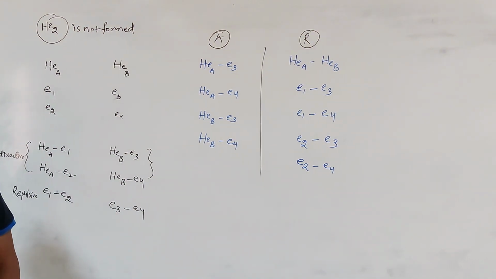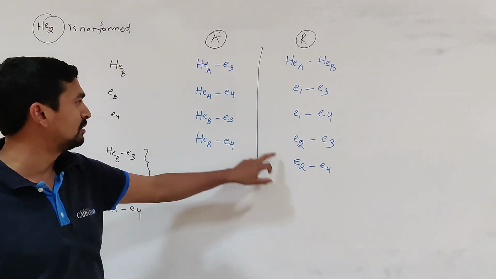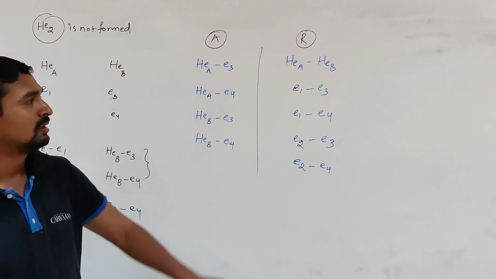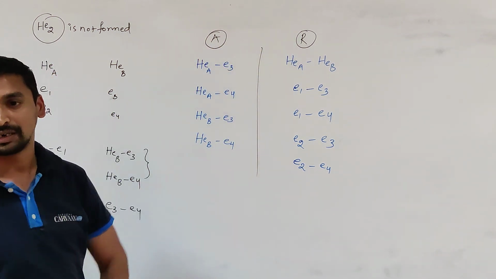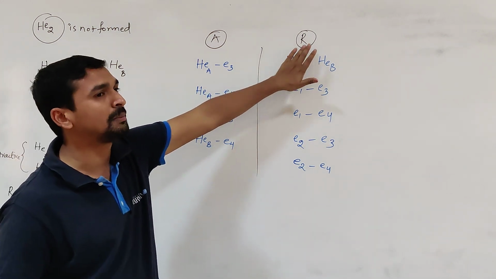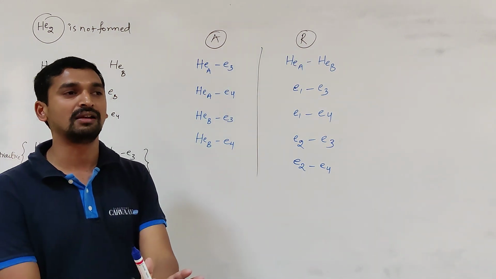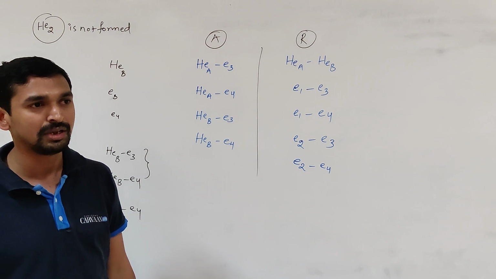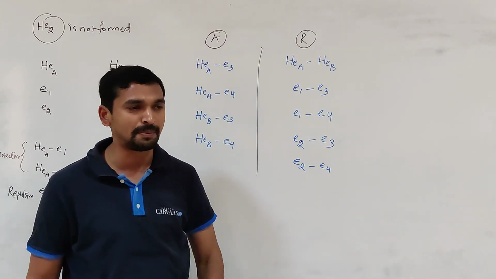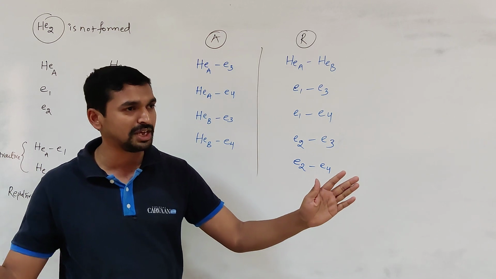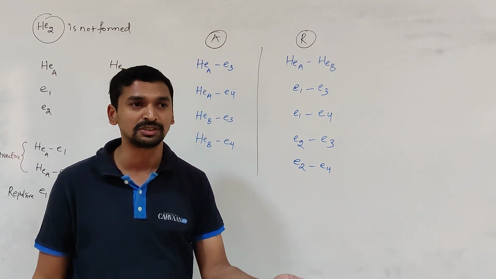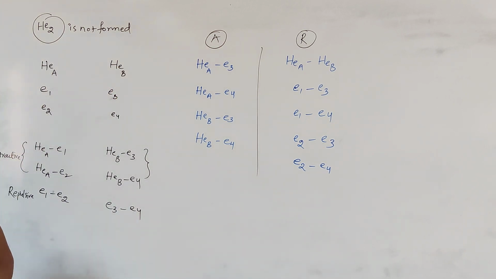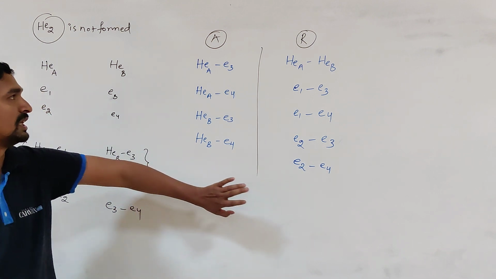Among the attractive and repulsive forces, the repulsive forces are 5, the attractive forces are only 4. So in the formation of a helium molecule, the repulsive forces dominate the attractive forces. When the repulsive forces dominate, the atoms always try to push apart from each other. So the helium molecule is not formed, because atoms trying to move away from each other always corresponds to an unstable state having more energy. That's why the helium molecule is not formed, because of the domination of repulsive forces over attractive forces.